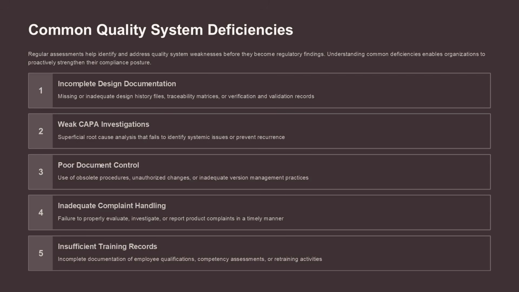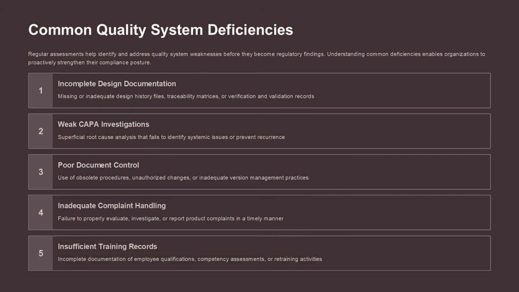Regular assessments help identify and address quality system weaknesses before they become regulatory findings. Understanding common deficiencies enables organizations to proactively strengthen their compliance posture. These include missing or inadequate design history files, traceability matrices, or verification and validation records, superficial root cause analysis that